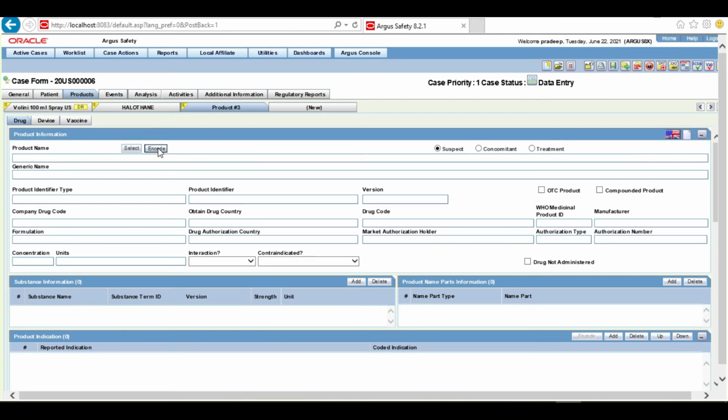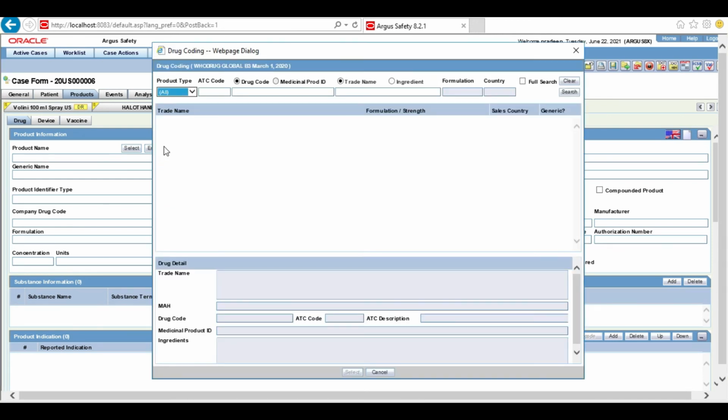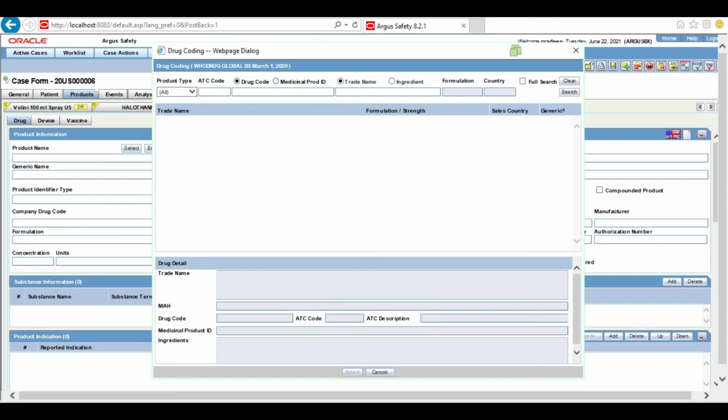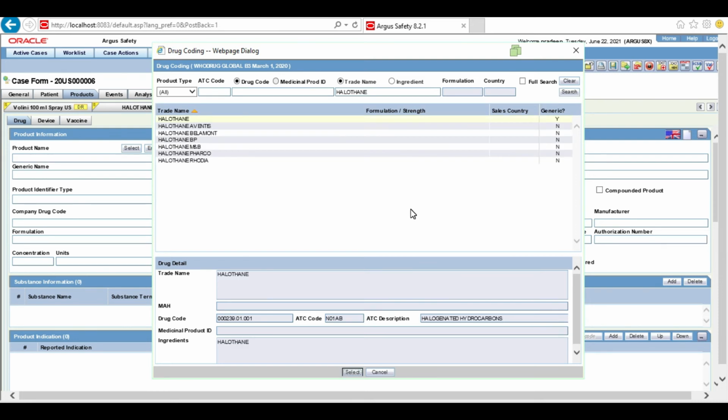Let's click on encode, and we are going to enter Haloperidol and click on the search. Our first result, and we have a drug code also. Now click on the select.